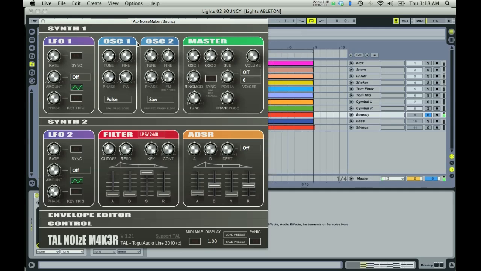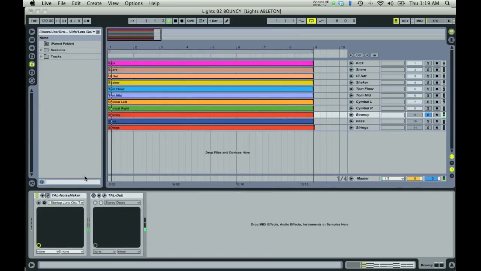So if you're playing a part like this, where you've got high notes and low notes, you want to have key tracking on it to keep a nice even rounded sound across the whole part. That's your basic sound. We're going to turn it down a little bit. That's your basic synth sound. Now we just need the nice delay.